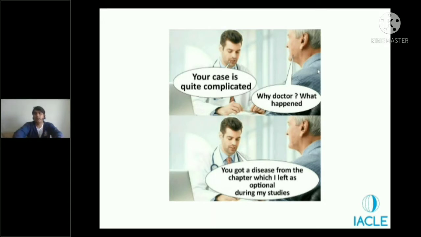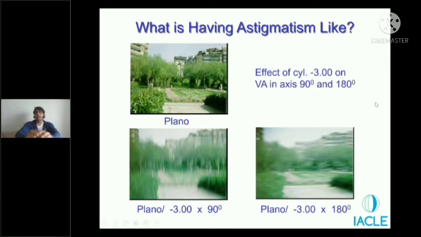All right, thank you. Let's get into the subject now. So I just want everyone to understand why we are talking about toric contact lenses and why we are talking about correcting astigmatism. Now, if you look at an astigmatic eye that has astigmatism in excess of 3 diopters, 3 diopters is quite high, but if you just look at the simulation of the image, that person would be experiencing something like this.